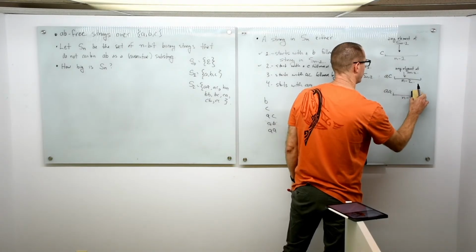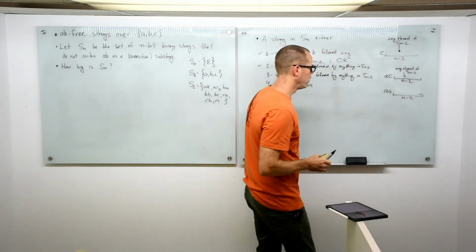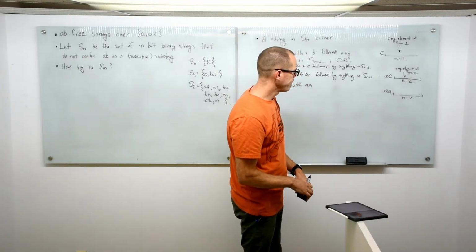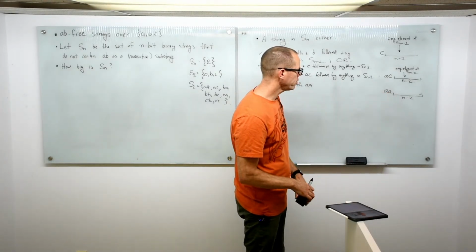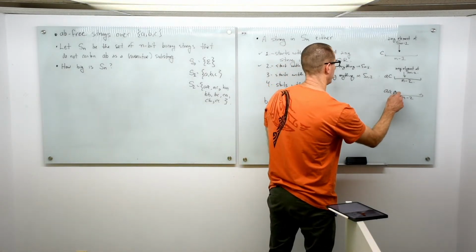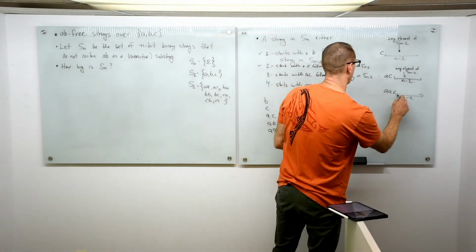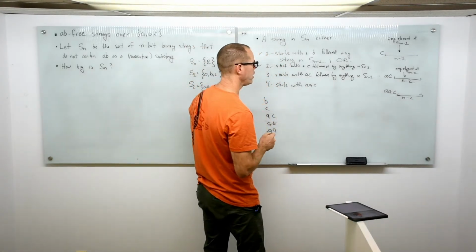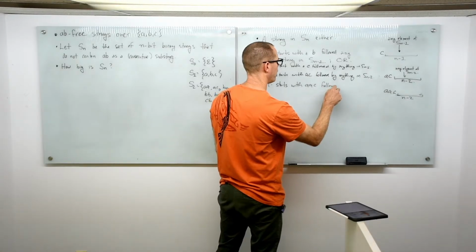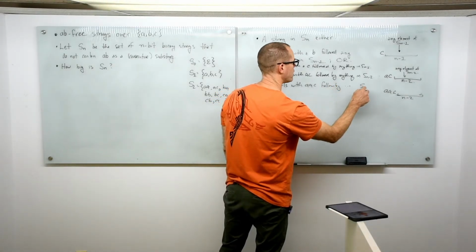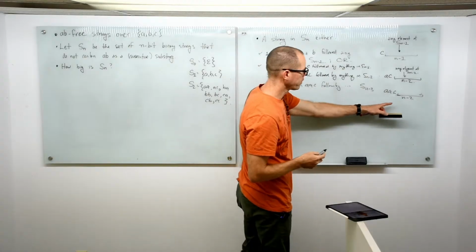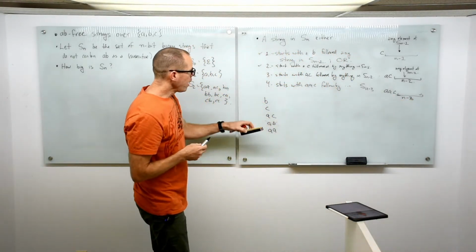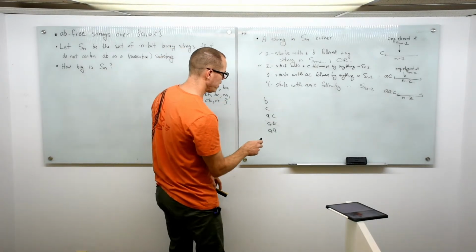Darn. So what can I put here? Well, I'm not allowed to put a B here, so maybe I could put a C here. But then things get weird, right? So instead of saying you start with AA, you start with AAC, followed by anything in Sn minus 3. This is minus 3 now because there are 3 characters on the front. And that still doesn't